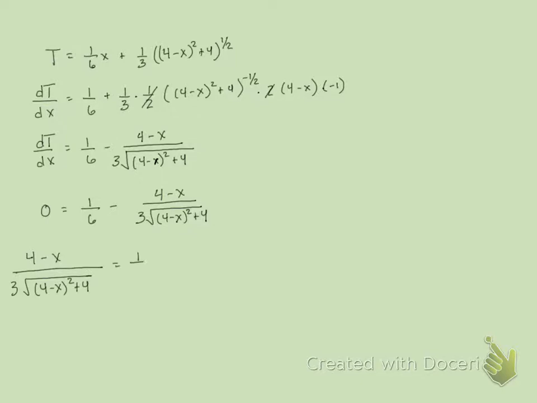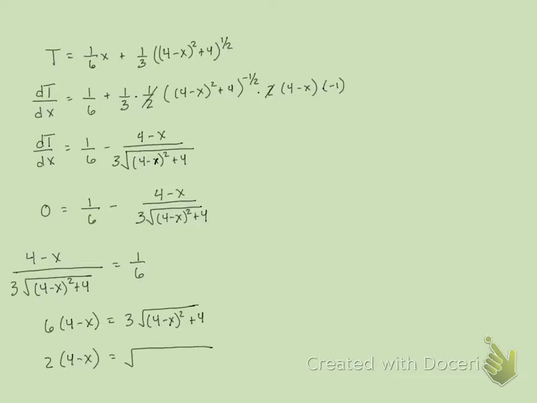And so this is going to equal 1/6. And then let's cross multiply. So we'll have 6 times 4 minus x equal to 1 times 3 times the square root of 4 minus x squared plus 4. And then we can divide both sides by 3, at least simplify that a little bit